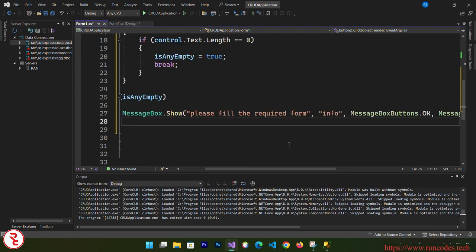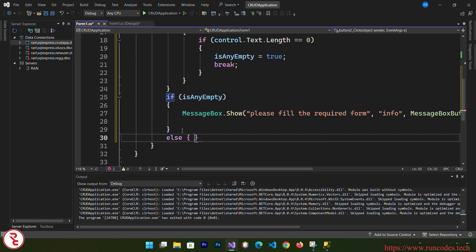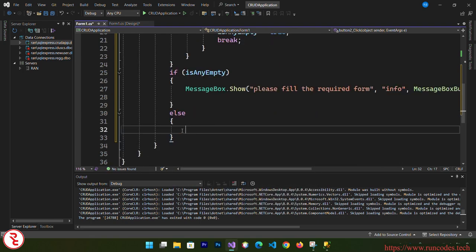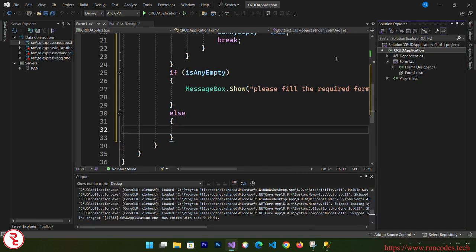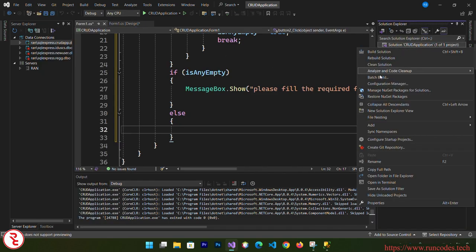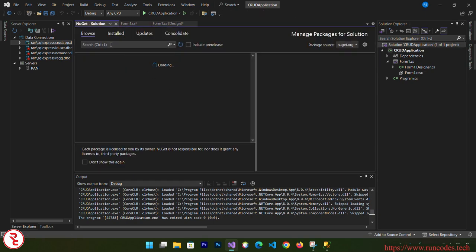Otherwise, if the text boxes are not empty, else we are going to insert data into the database. For that, we need a couple of SQL classes. Now here we need a SqlConnection class, so we need to install that first. Now go to View and then Solution Explorer. There you go. Right click over it and Manage NuGet Packages for Solution, and browse, and here search